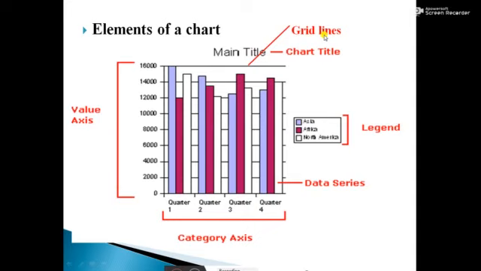Next one is grid lines. These are the lines that cross the chart plot to show axis divisions. See here, students, many horizontal lines are given. So this is the grid line.